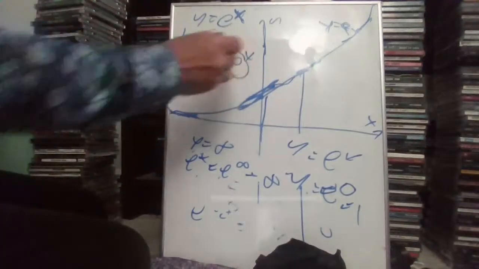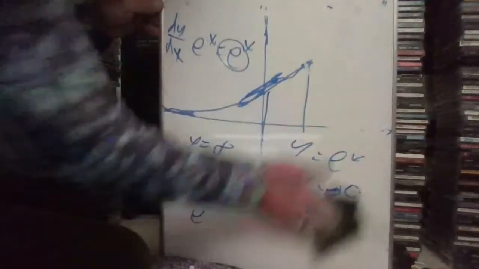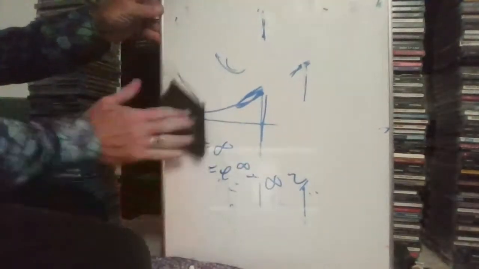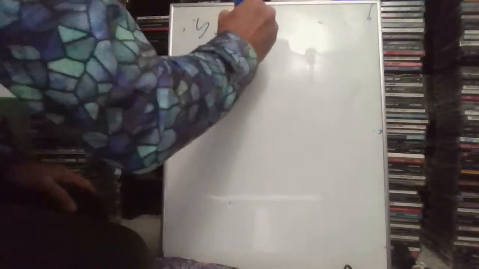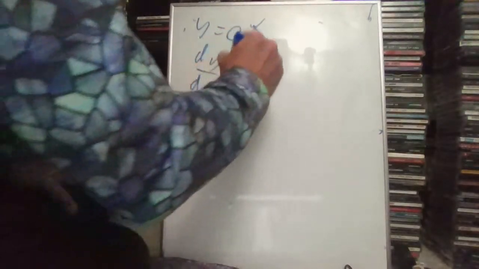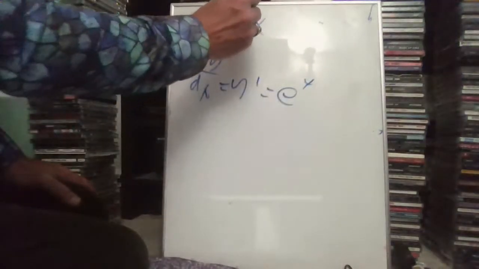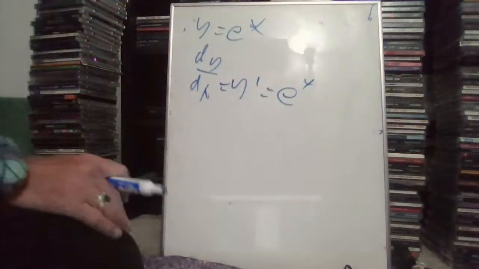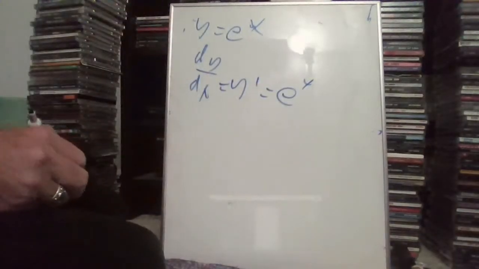This number e, I'm going to erase this. I think you guys get this. This is cool. This number e is the number such that if y equals e to the x, then dy/dx, or some people call it y prime, equals e to the x. And that's one way that e can be defined. Yes, there's another way to calculate it with calculus and all that. I'm not going to go into it. You can read it in any single variable calculus book.